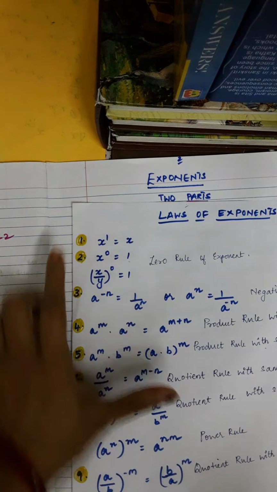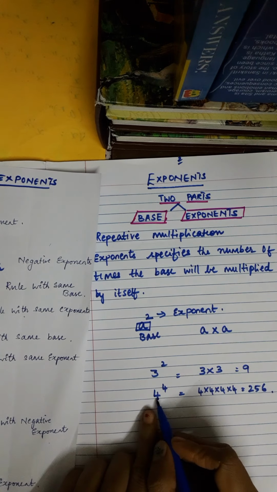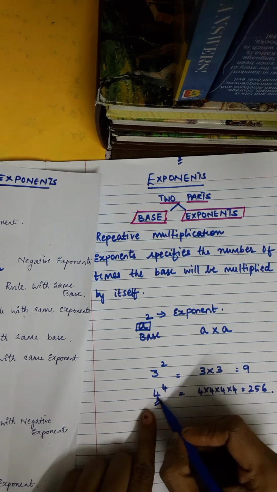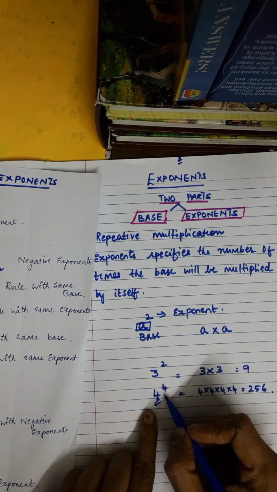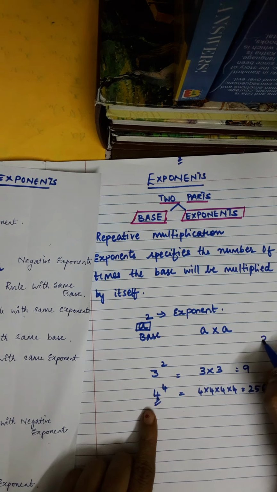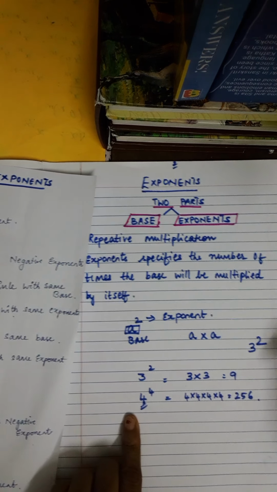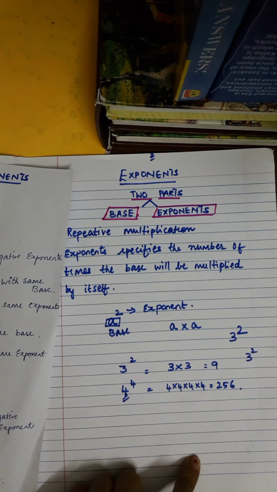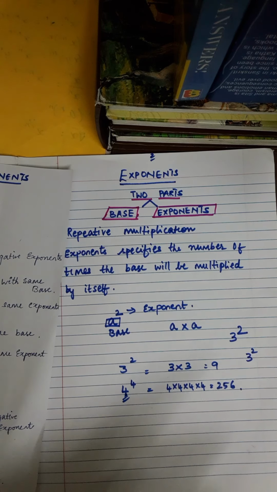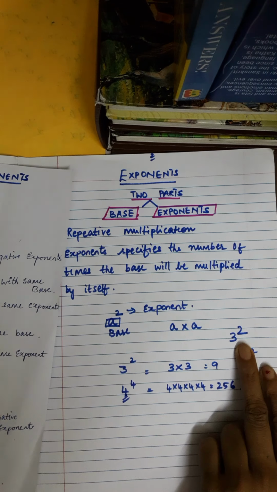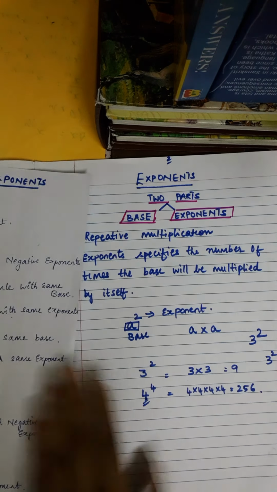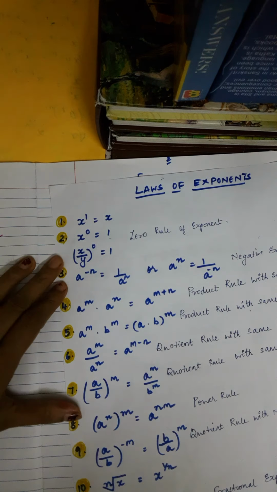Whenever you write, your base has to be slightly bigger than your exponent. In other words, your exponent has to be slightly smaller. You cannot write like this; you will have to write like this. Otherwise, it will be very confusing when you want to recheck your answer. You will be confused whether it is 32 or 3 raised to the power 2. Okay, so let's move on to the laws.